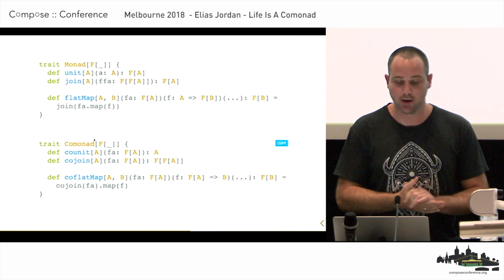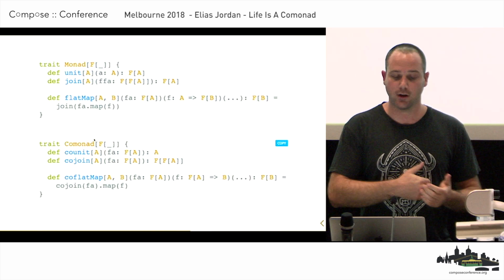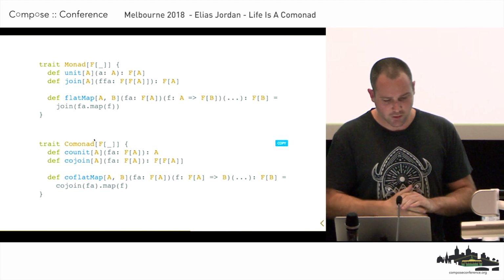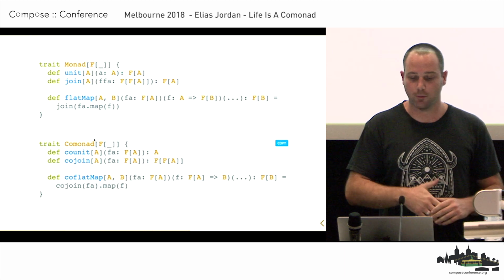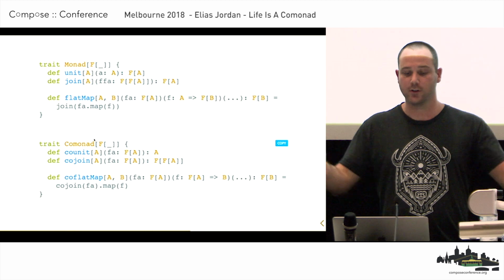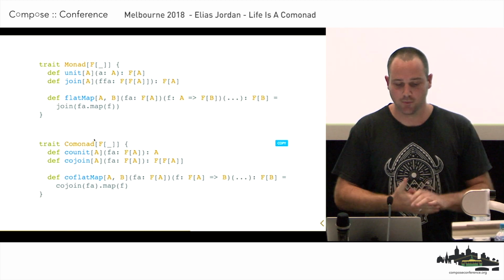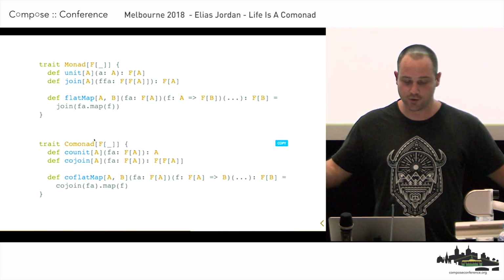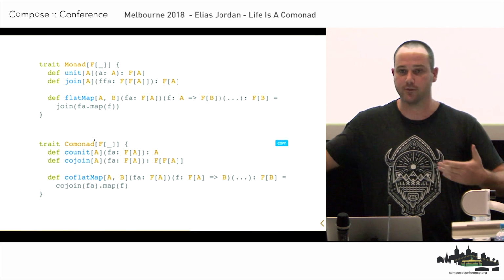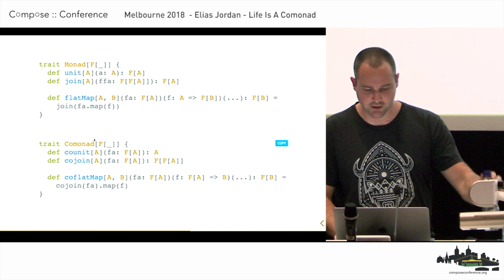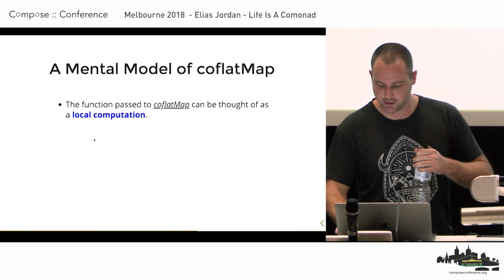So this is how we derive flat map and co-flat map based on those definitions. In flat map, we first map over the data structure with our function, and then we'll have two layers of f, so we use join to collapse it down. In comonad, we do the reverse. We first co-join to duplicate the structure, and then apply our reducing function that's passed to co-flat map. So I have some pictures here to help.